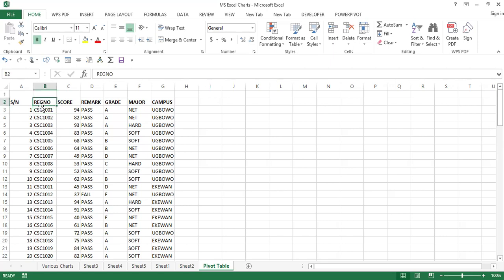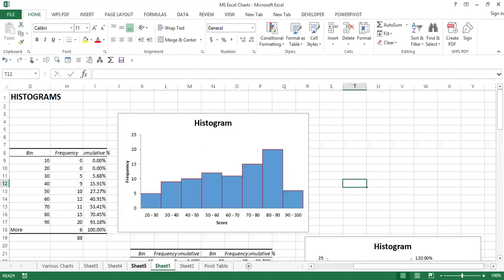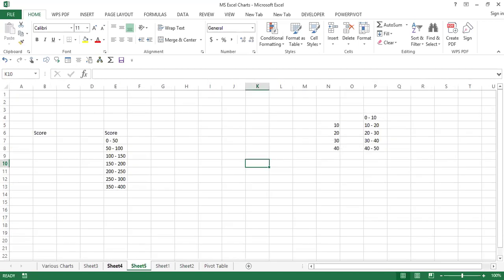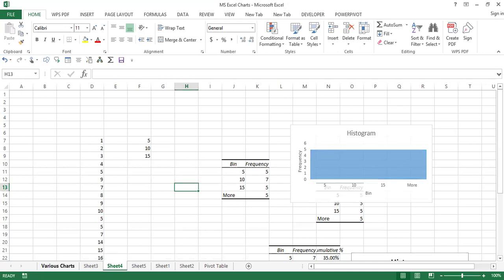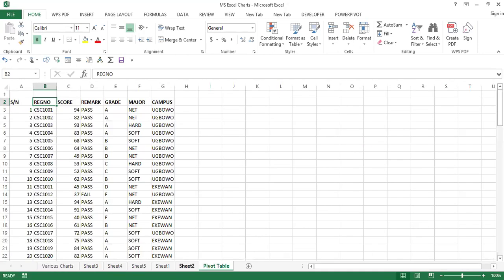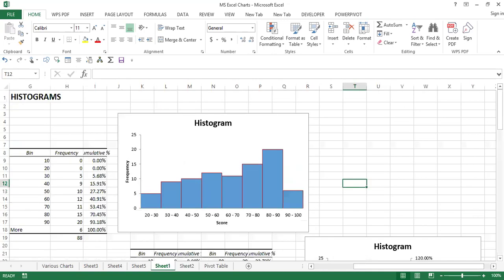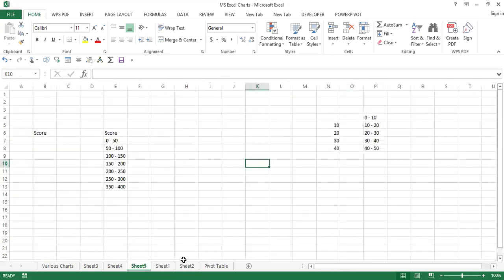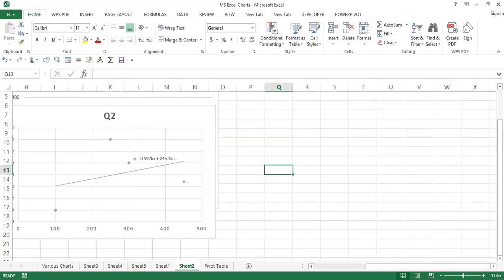Thank you, sir. So we are looking at summarizing data at micro level using pivot tables. We previously saw how to summarize data at macro level by using various charts. We took a look at various charts. I think yesterday we looked at histogram. Before, I think we also looked at scatter plot. Yes, thank you. And I did explain that